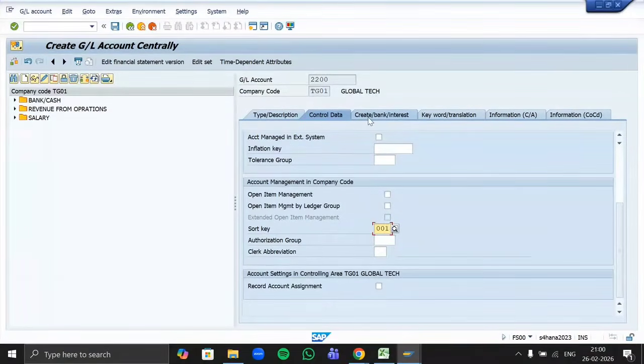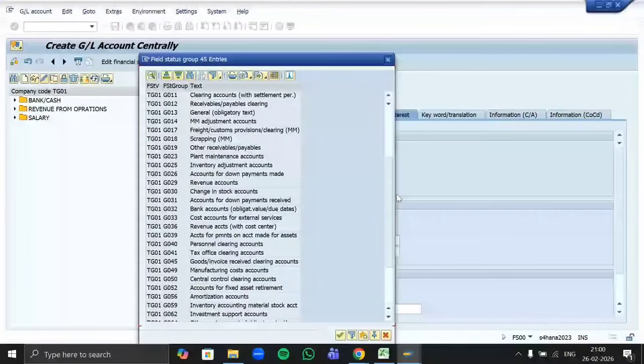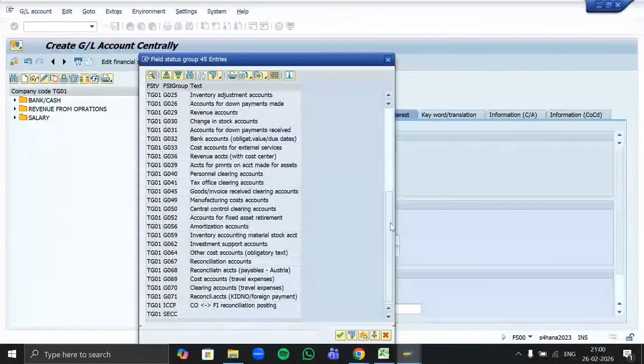Now in the create bank and interest tab, mention the field status group. Go to the search option. I'm showing you the whole list of groups. Tell me which group we have to mention in the debtors GL account.